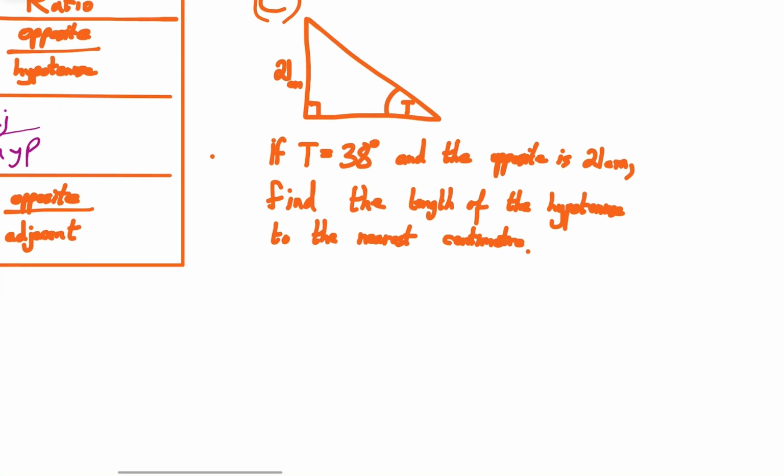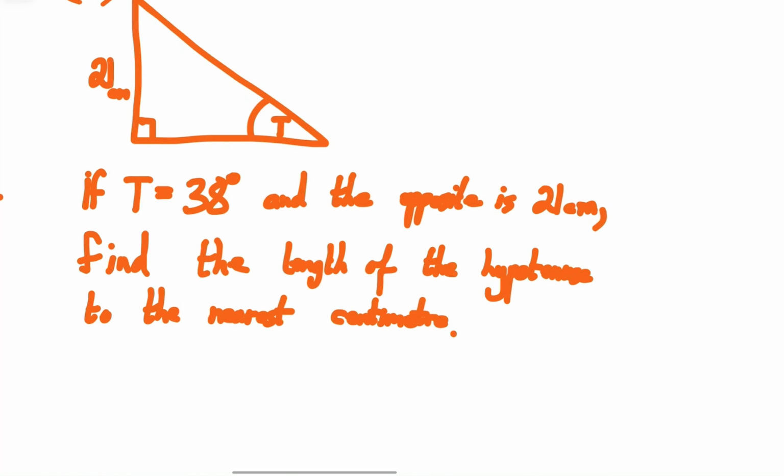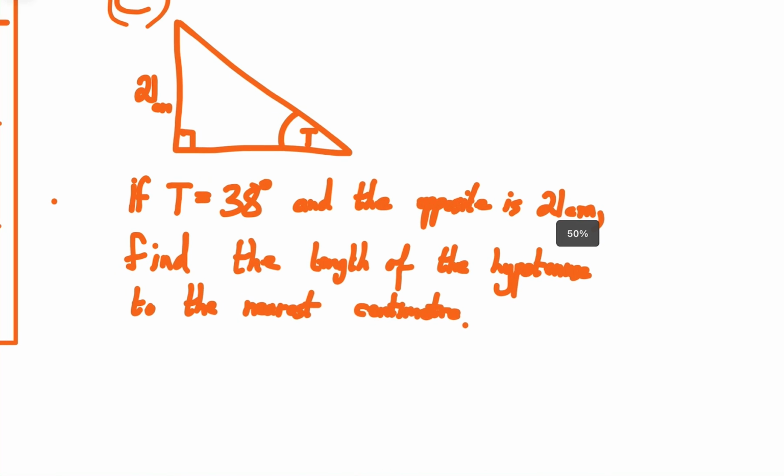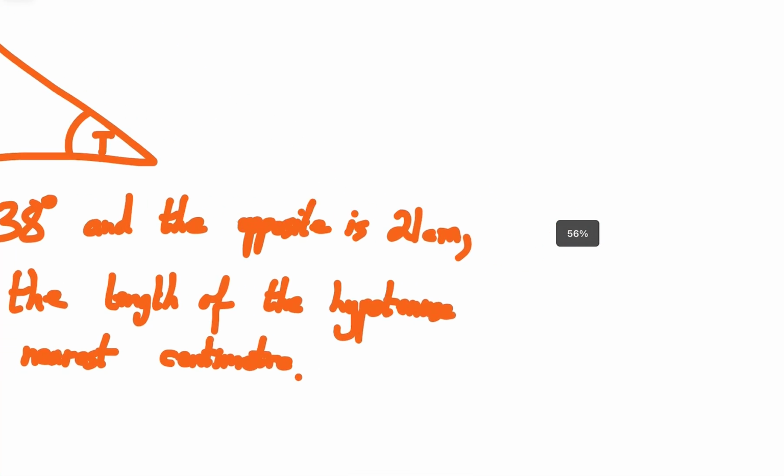And the last one, God, I can barely read this. I've got a triangle with an angle T and 21 centimeters. It then tells us the angle is 38 degrees and the opposite is 21 centimeters, find the length of the hypotenuse to the nearest centimeter, I think it is. So if we take a question similar to that,